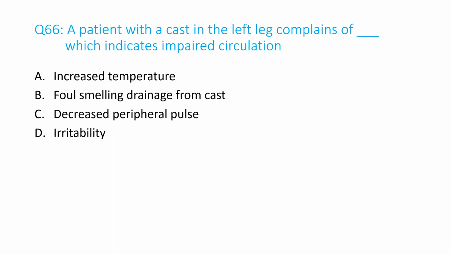Number 66. A patient with a cast in the left leg complains of something which indicates impaired circulation. A. Increased temperature, B. Foul smelling drainage from cast, C. Decreased peripheral pulse, D. Irritability. And the answer is